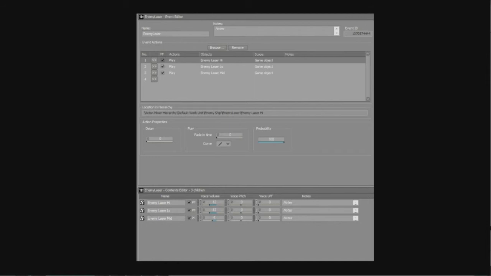You might be able to actually duplicate it now that I think about it, as the player laser event. Mine's called Enemy Laser. It has 3 play actions. So play 1 is play high, play 2 is play low, and play 3 is play mid. They all happen at the exact same time. Again, the action properties: no delay, no fade in time, probability of 100%, because you always want the laser noise